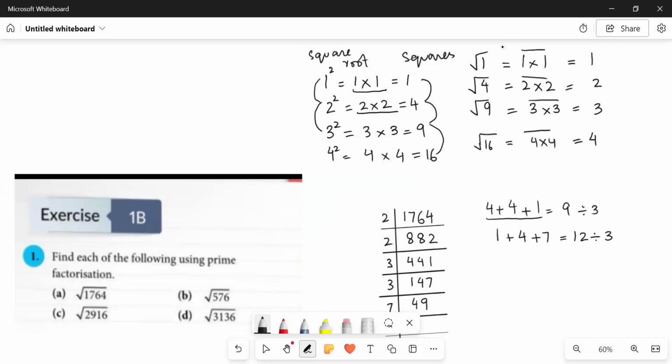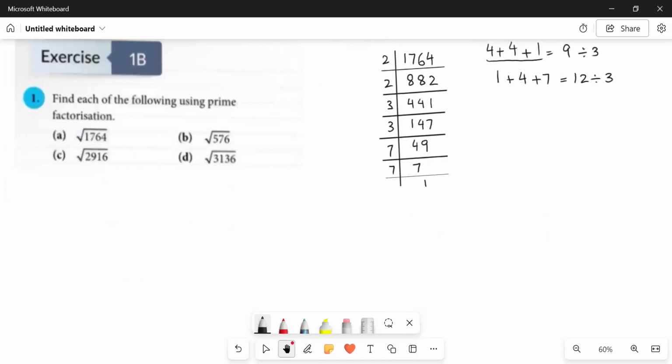So you see students, जब आपको square root find out करना होगा तो आपको जो factors find करने हैं वो pairs में चाहिए. And how can you get that? By using this prime factorization method. Now just look for the factors given over here on the left side. 2 is in pair. Again, 3 is in pair. 7 is also in pair. There are no remainders, no leftovers. It means that 1764 is a perfect square.